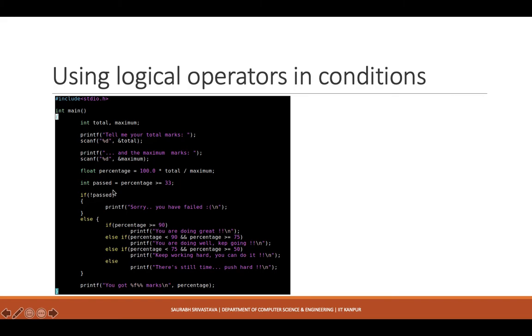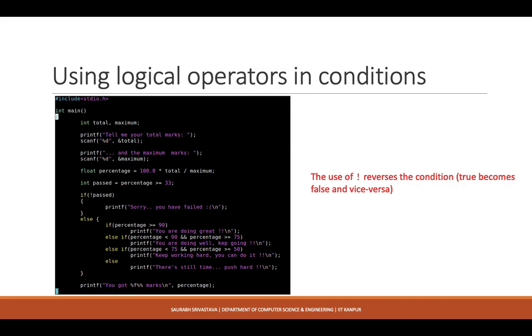So this is just another example. I have added some more cases to this percentage story. The first thing I am saying is that if you have a percentage greater than or equal to 33, you have passed the exam. So this basically says if not passed. So not simply reverses the condition. If you want to explore more, you can add a printf statement here and check the value of passed. I'm just giving you some hints to check out what exactly I mean when I say 0 is false and anything other than 0 is true.